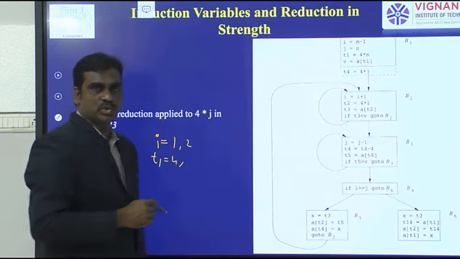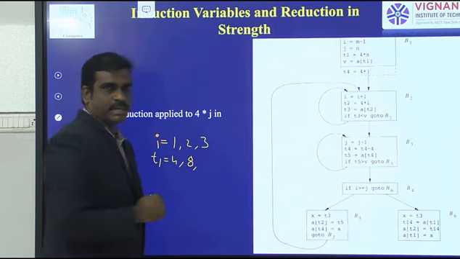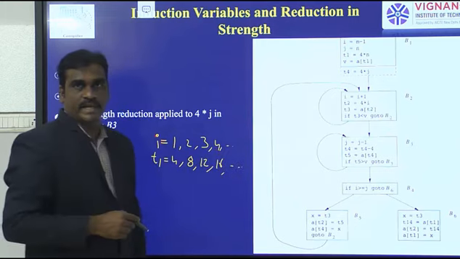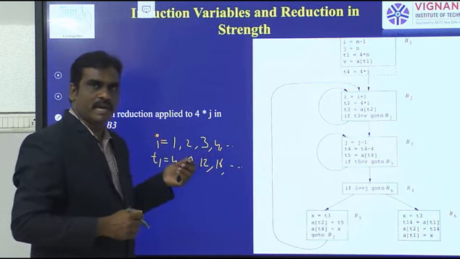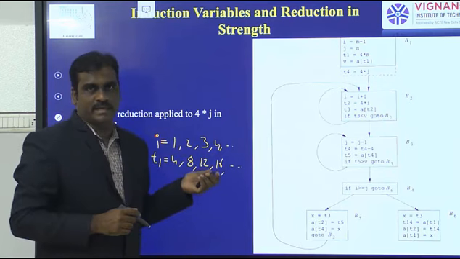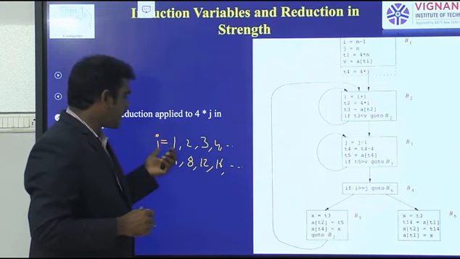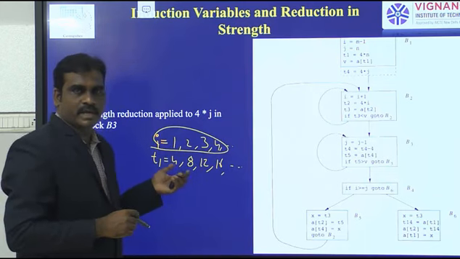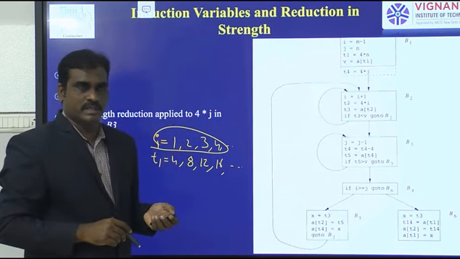Say we take I value as 2, the t1 value is incremented by 4. Now I is incremented by 1, t1 is incremented by 4, like that. If you observe these two variables I and t1, every time I is incremented by 1, parallelly t1 is incremented by 4. So instead of I, we can use t1. Simply we can remove the variable I. Instead of I, we can use the variable t1, and t1 is every time incremented by 4.